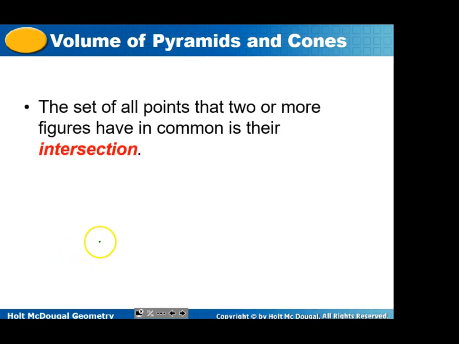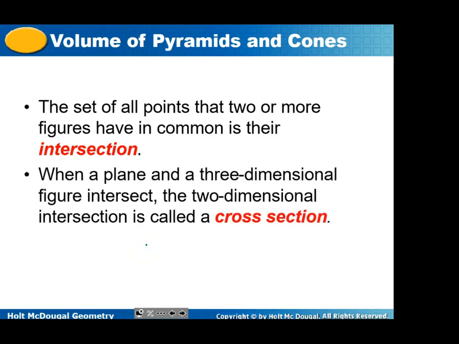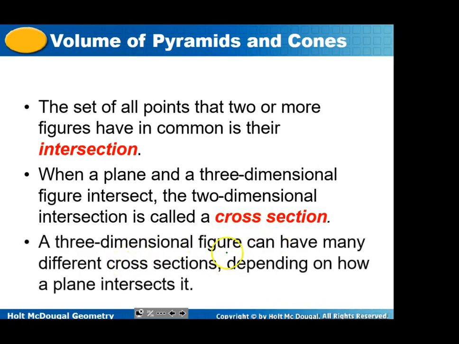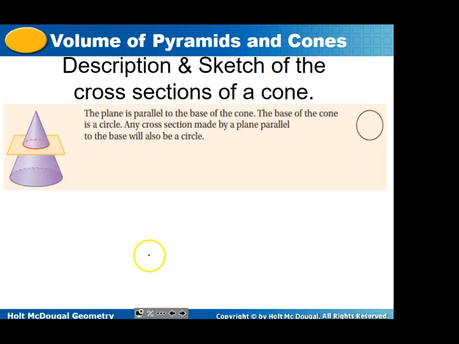So we're going to talk about, again, what we talked about yesterday. We talked about the intersection of a plane and a three-dimensional object. And when we do that, that's what we call a cross-section. So we're going to look at some three-dimensional figures, and we're going to find out what the cross-sections are. So on this one, if we cut this cone